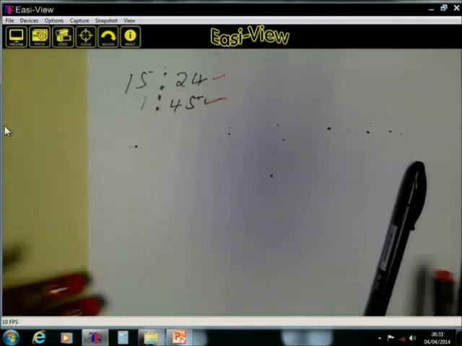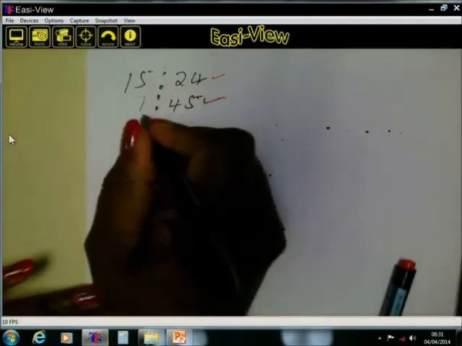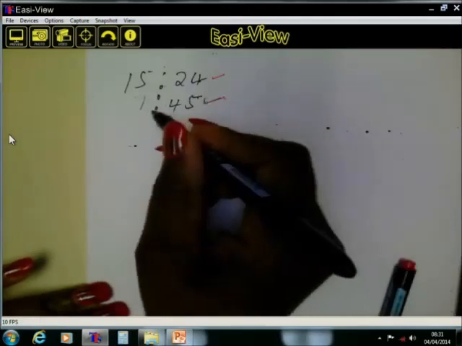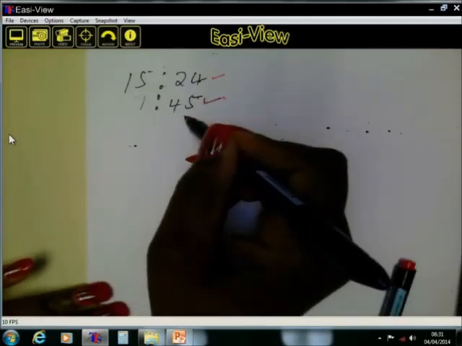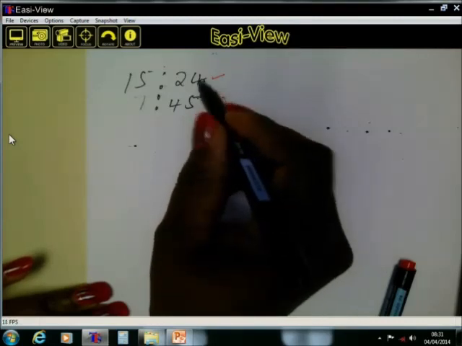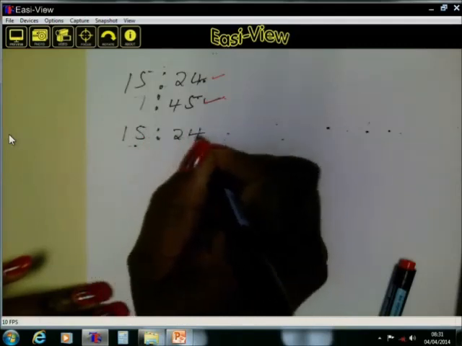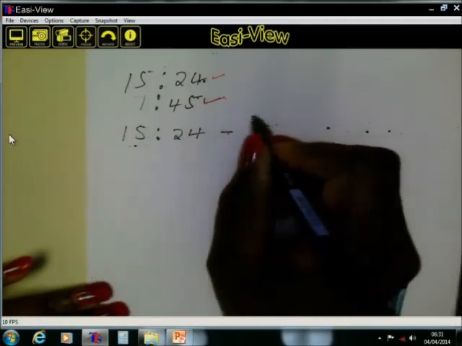The first step that we need to do here is to subtract 7:45 from 15:24. So in other words, we will say 15:24 subtract